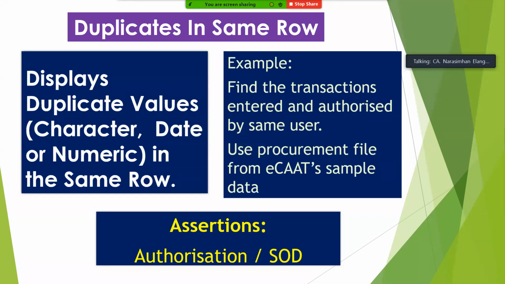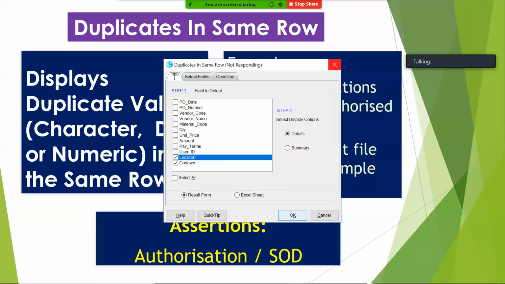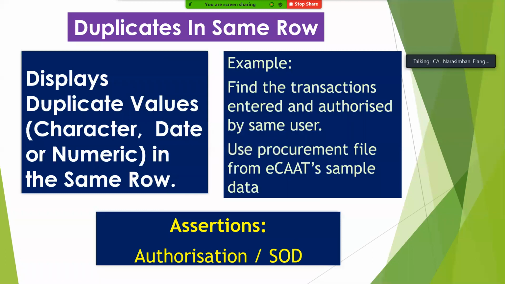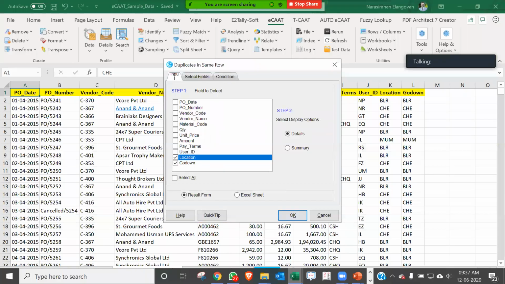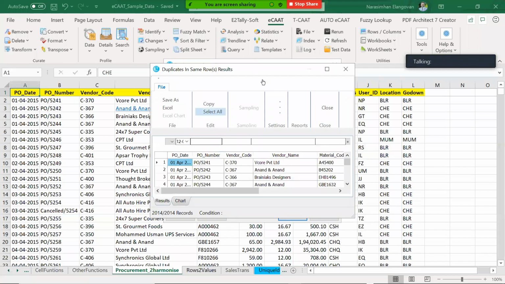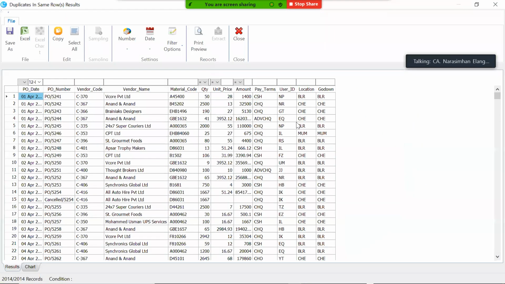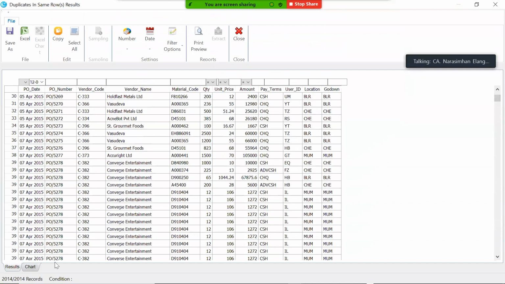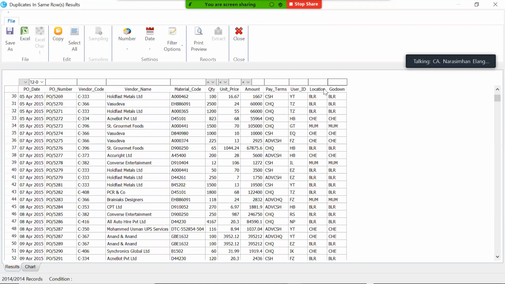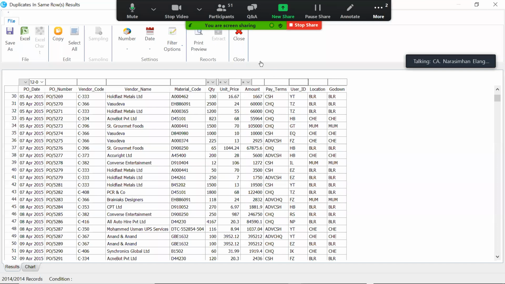It should ideally give everything as duplicate. Let's run this. Here it is. So in all the 2014 records, location and godown are the same. Just in one shot, you can get to know. If you want to do some analysis whether my location and godown are different, you can get to know in one shot.